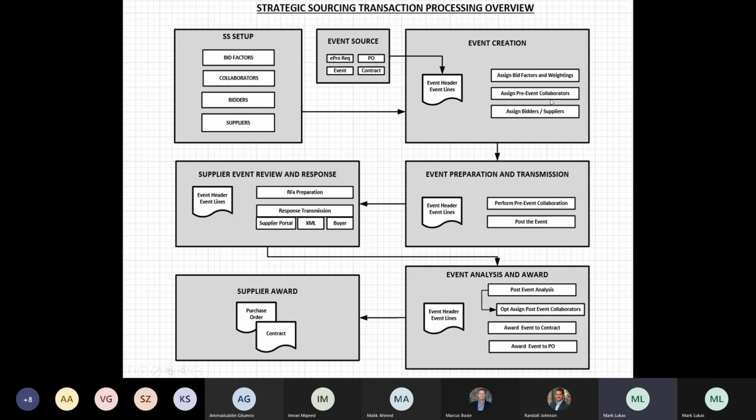From there, we can put in these pre-event collaborators to help us shape the event, and we can assign the bidders and suppliers that we want to send this RFP, RFQ, RFI, whatever it happens to be, to. Once the event's created,